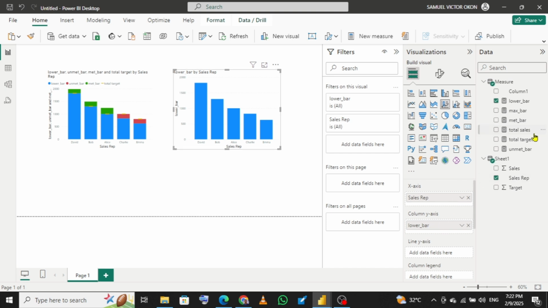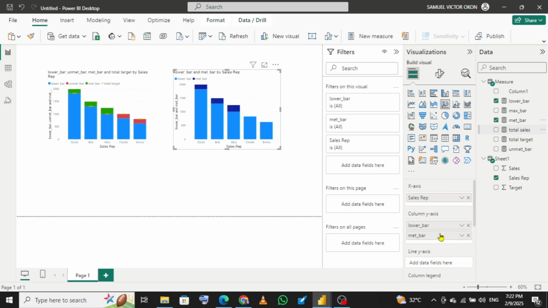I will then bring the met bar inside here. Okay, now these are the met bar, meaning that this value here, David, Bob, and Alice actually meet their targets. Whereas this one, in this case, we don't have anything here because of why? Because